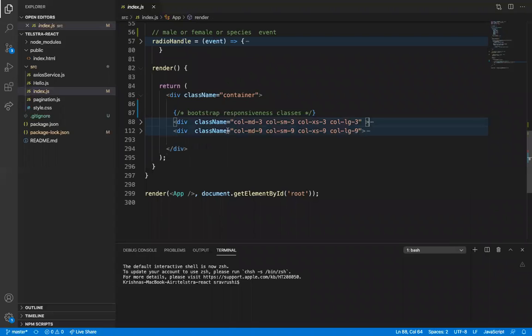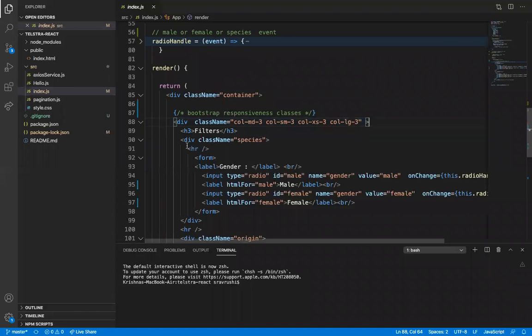Here the two divs are kept inside one container, which is a Bootstrap container. Inside this container, the first div has 3 columns and the second has 9.